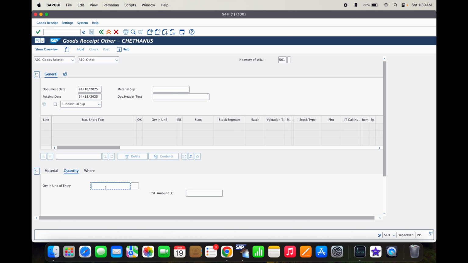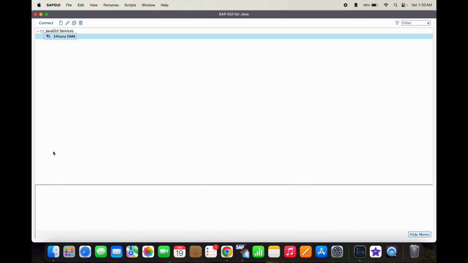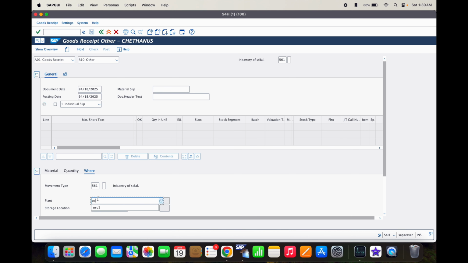In the quantity tab you have to mention a quantity, say 200, that you want to upload as the initial stock, and where you want to make it. As I need it in the USC1 plant, I am going with the USC1 plant under my storage location. I need the stock. Click on enter